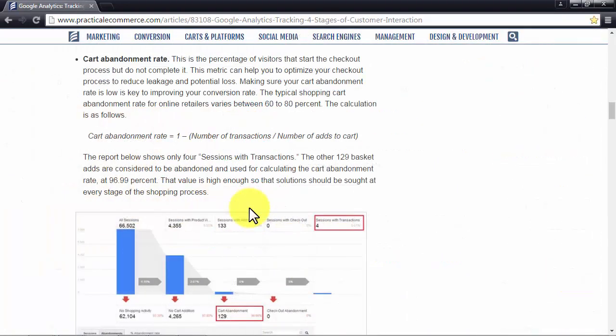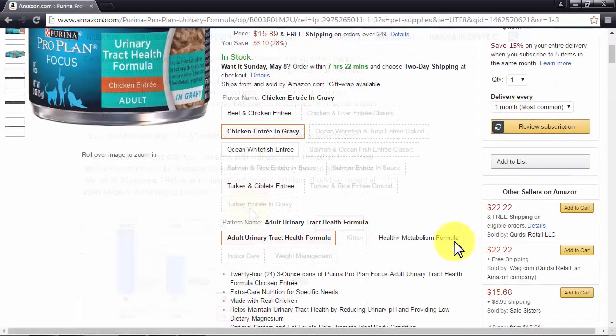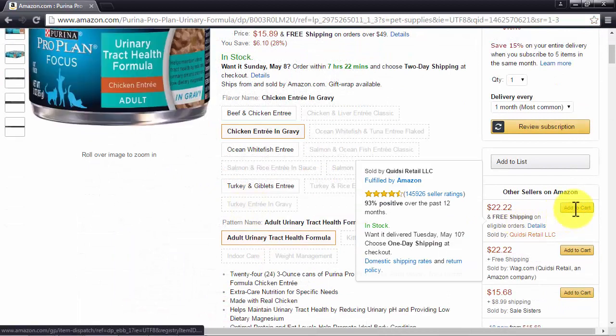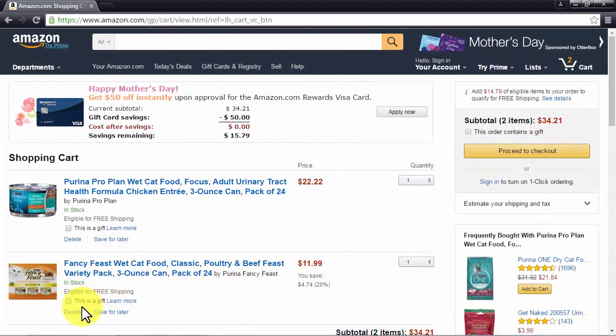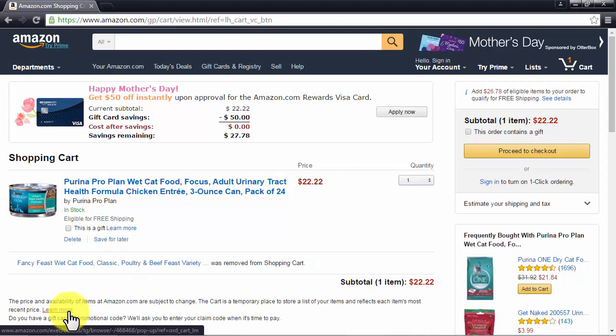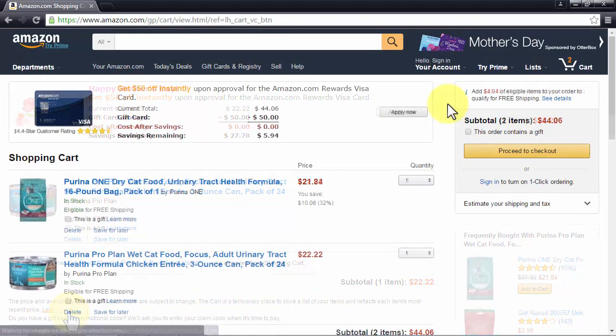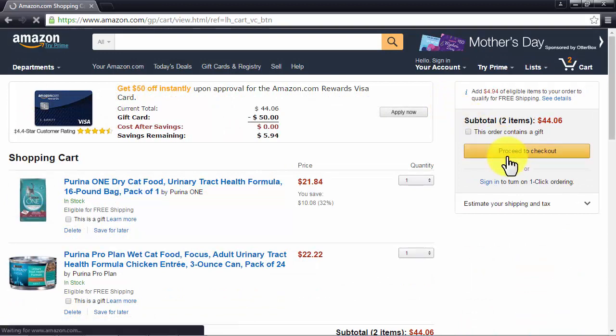Another critical metric to consider is cart abandonment rate, which is the number of times customers add products to the cart but do not complete the checkout process. This is important to analyze so you can see what is causing this cart abandonment issue and how to reduce it. Other cart-related metrics include adds to cart, which refers to products added to the cart, removes from cart, which are the products that are continually removed before checkout,